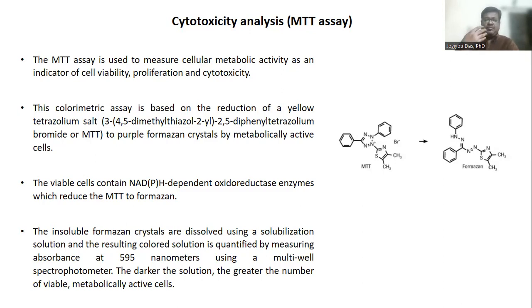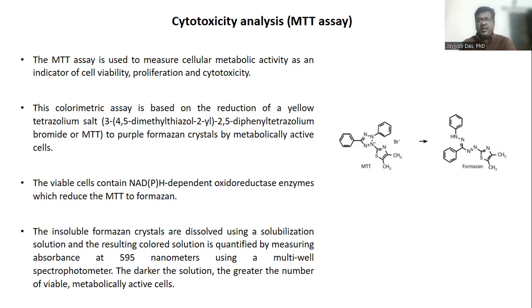For that, you need a special dye called MTT, which is why this assay is called an MTT assay. MTT assay is used to measure cellular metabolic activity as an indicator of cell viability, proliferation, and cytotoxicity. This colorimetric assay is based on the reduction of a yellow dye, which is the MTT itself, tetrazolium salt